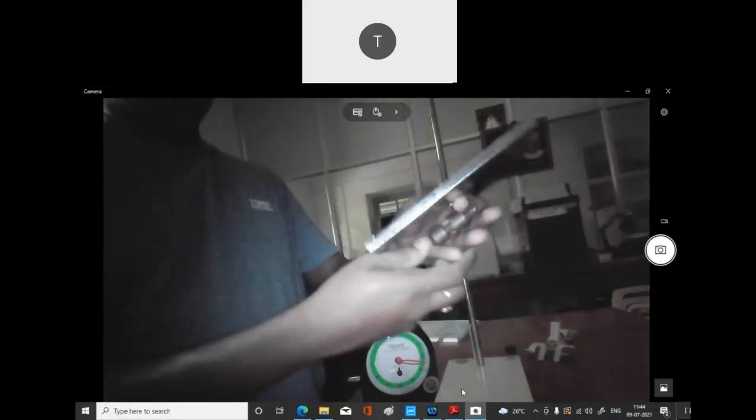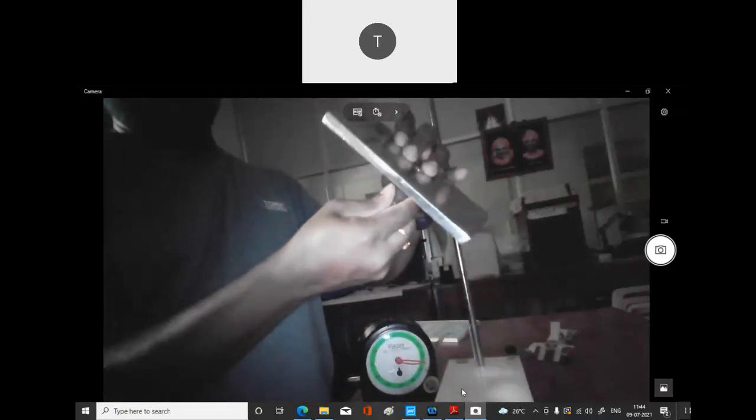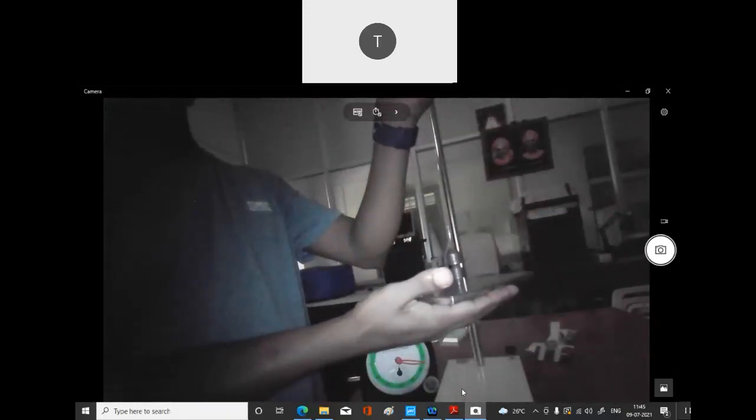For that, I'm going to use one of your big nuts, and I'm going to fix it like that. Okay, I think it is almost tight. So this is fine. Now you can see this is perpendicular to the plane.